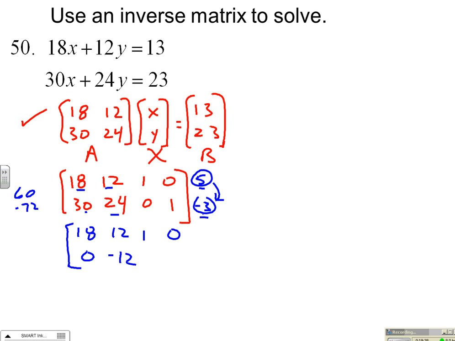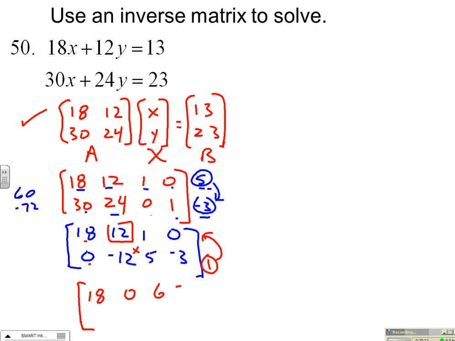I get 5 and 0, 0. I get 0 and -3. Oh, I'm sorry. I think I did that earlier too. I get 5 and 0, 5. I get 0 and -3, -3. Now I need to use my -12 to wipe out this guy. How convenient. I can leave it as it is, send it up, and I get 18 and 0, 12 and negative 12, 1 and 5, 0 and negative 3,